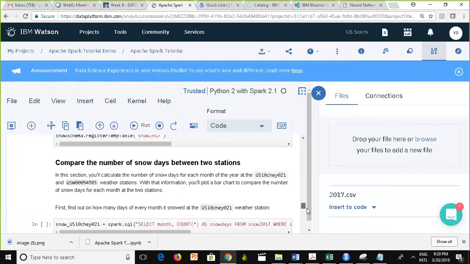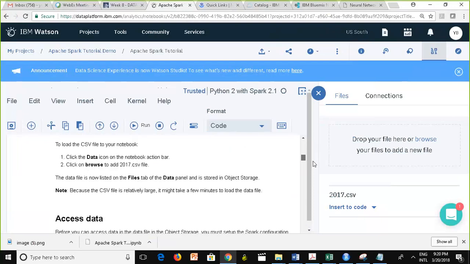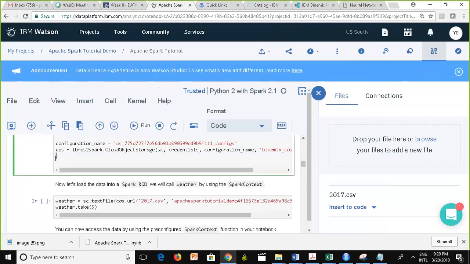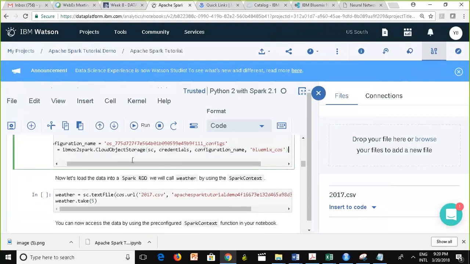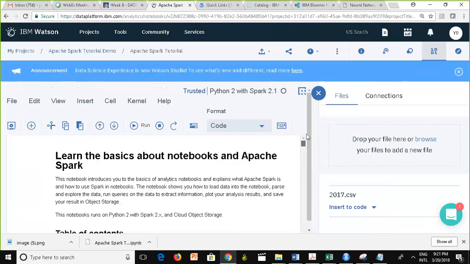Now let's go back to the top, and we still have to delete this piece right here. This is the first executable cell. I'm going to delete this, okay, for instructions. So this is what you're going to do here, right? This is important. You're going to add the credentials. Then here is the bucket number, and then at the bottom there are 3 places where you put the bucket number, right? Now what I'm going to do, I'm going to start from the very top, and I'm going to